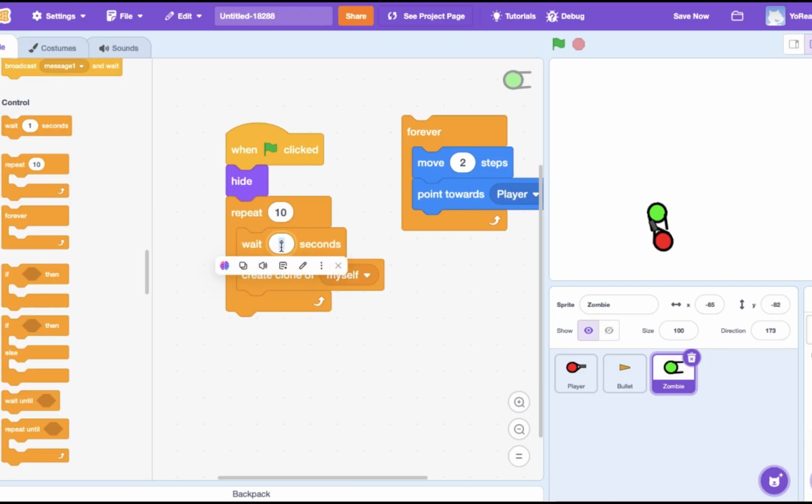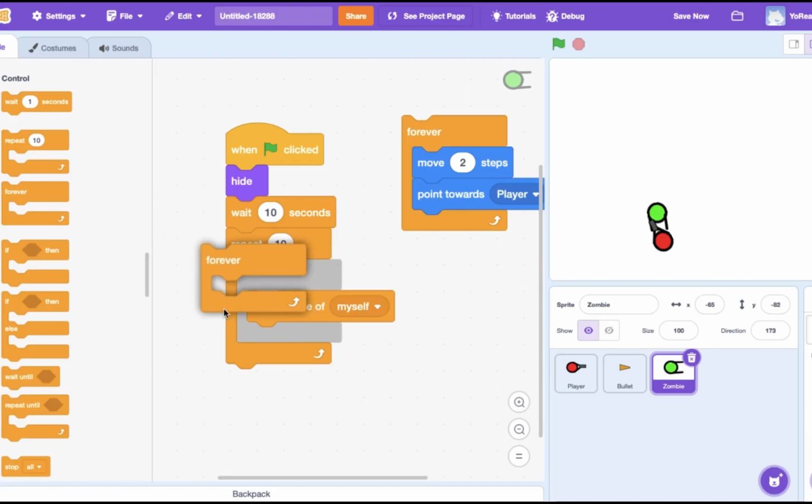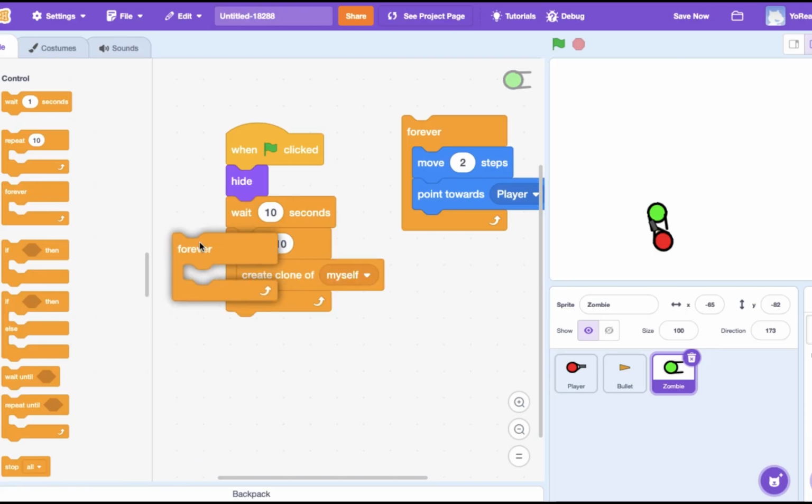So we're going to make like a 10-second cooldown between creating its clones. So repeat 10 times, wait 10 seconds, create a clone of myself. So I'm just going to put this right here and put this outside. You can do forever, that means infinite zombies could be spawning, but that's up to you. I'm just going to do a maximum of 10. And also